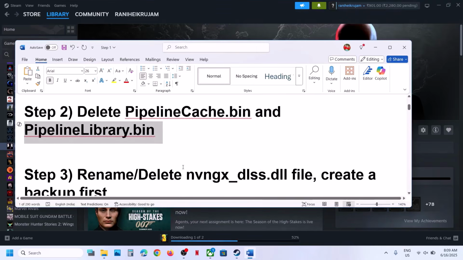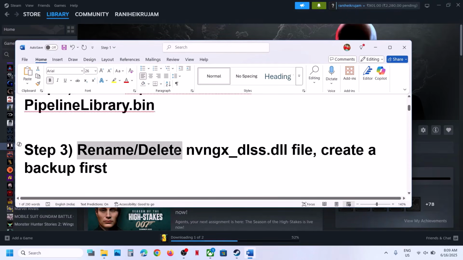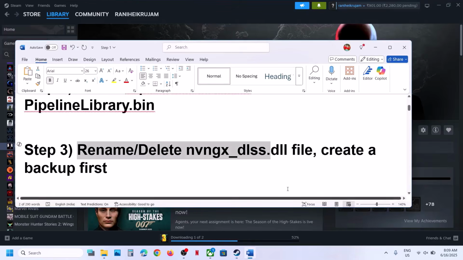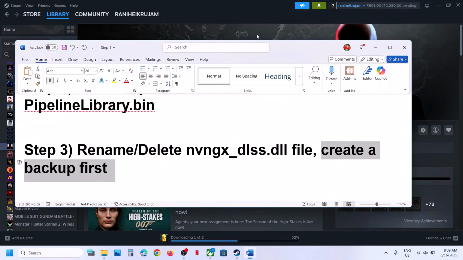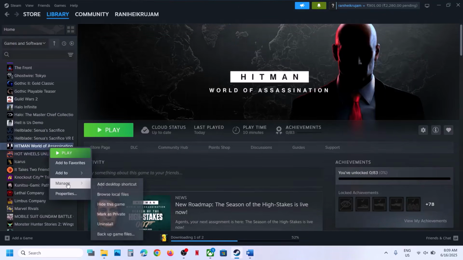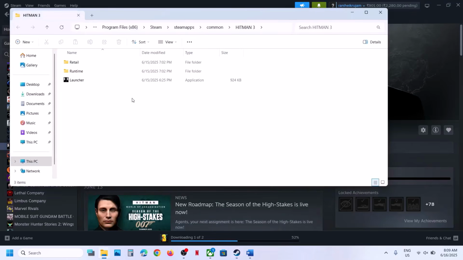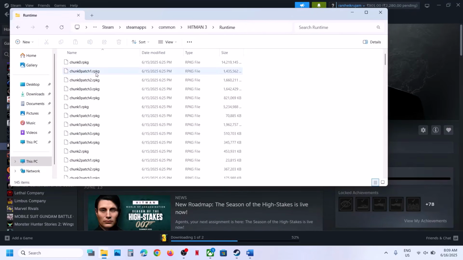If that does not work, the next step is to rename or delete the nvngx_dlss.dll file. So create a backup before you delete it. Create a backup for this file. So make a right click on the game, select manage, click on browse local files. It will take you to the game installation folder. Open the runtime folder